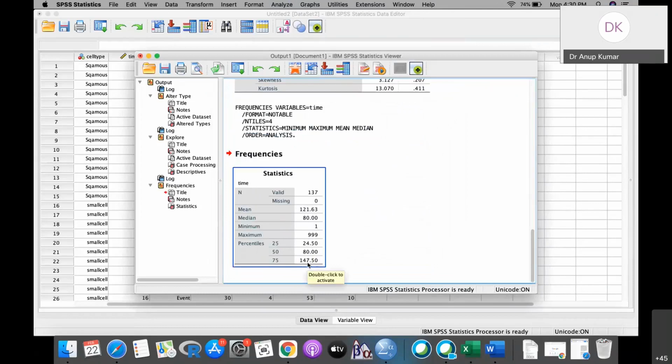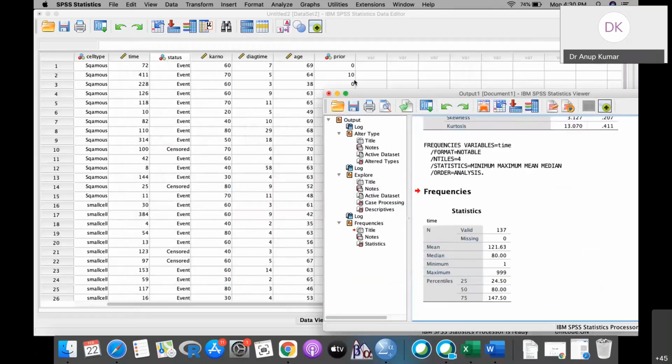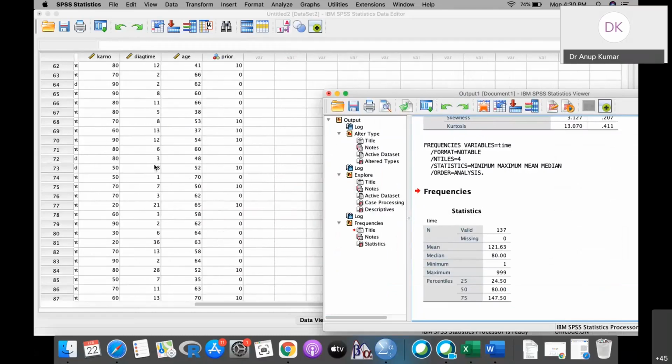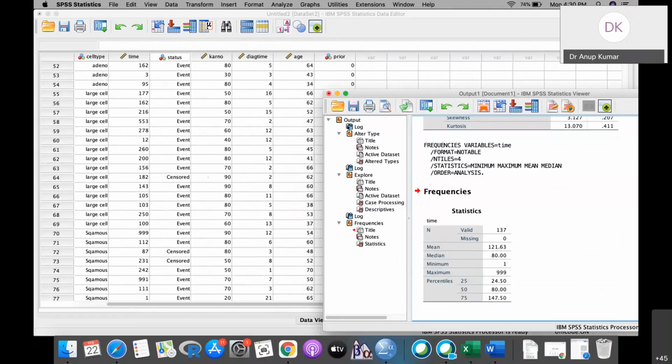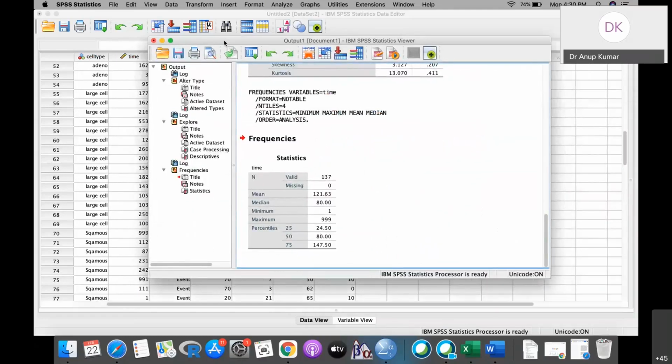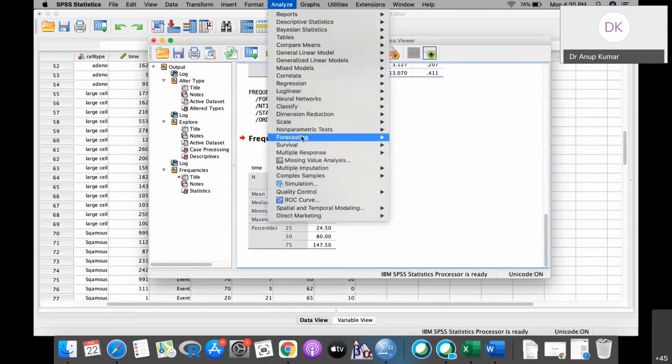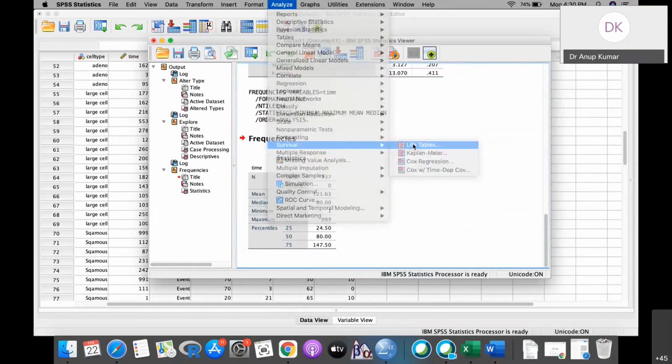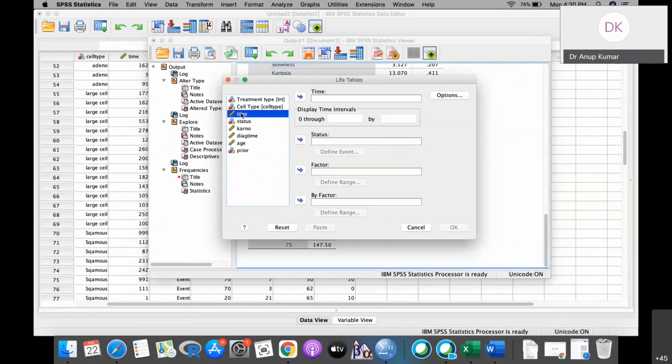From this we will try to understand how we are going to prepare the class interval, because the maximum time duration we can see is 999. This is what we have to take care of. For example, if you go to Analyze, Survival, Life Tables, and just put the time, 0 through 999, and by how much?